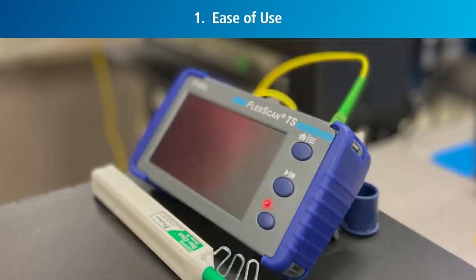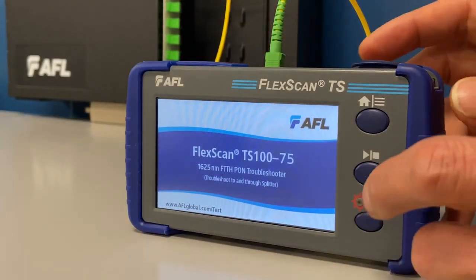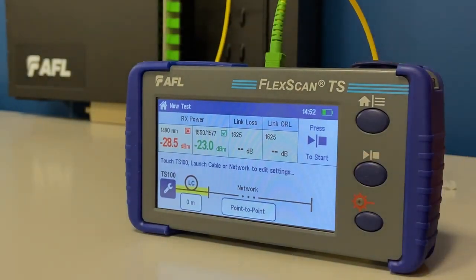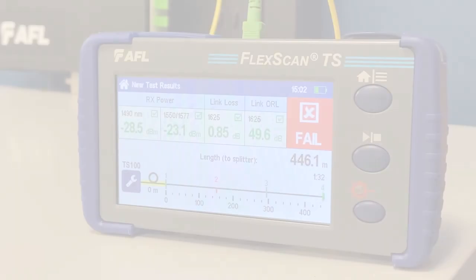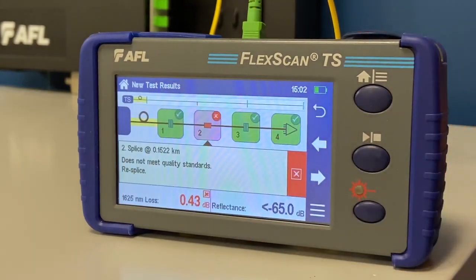The TS100 allows users to troubleshoot PON networks easily without extensive OTDR training. The TS100 is pre-configured and powers up with the necessary settings to perform common PON testing, making for an easier user experience. Its simplified home screen displays the most critical measurements, including downstream power, link length, loss, and ORL. If any faults are found while testing, simply touch the link map graphic to view details and recommended corrective action